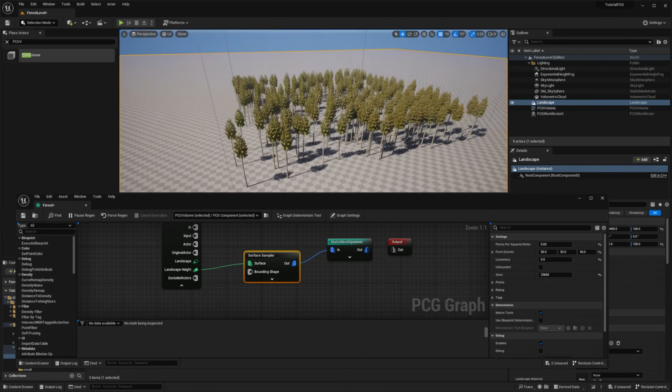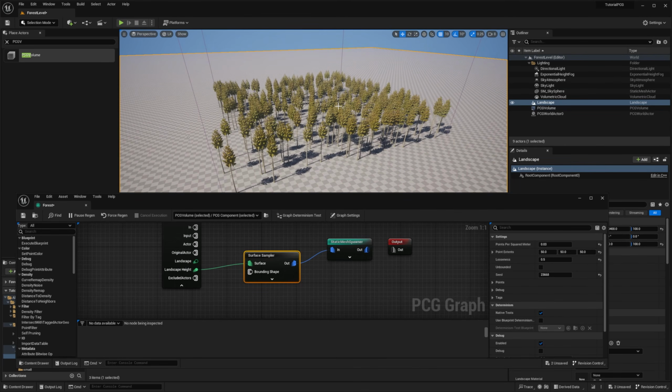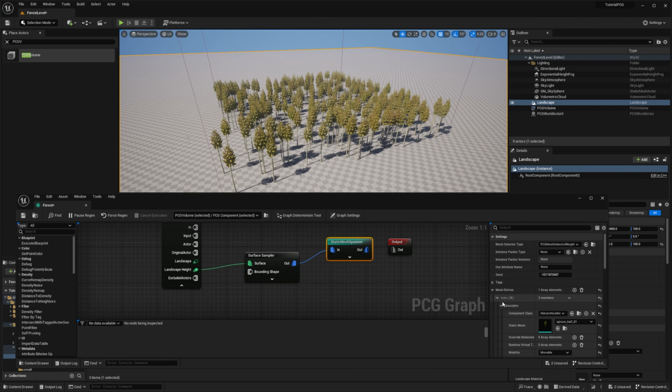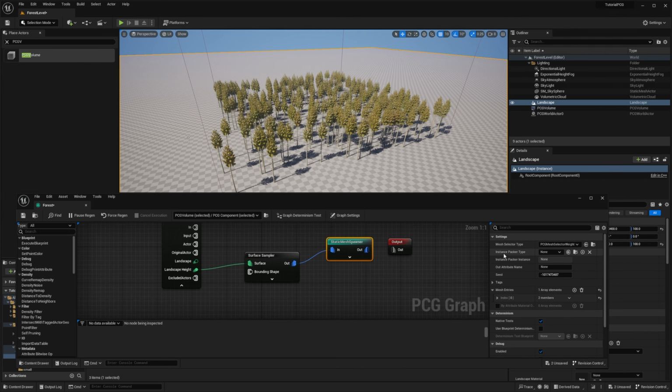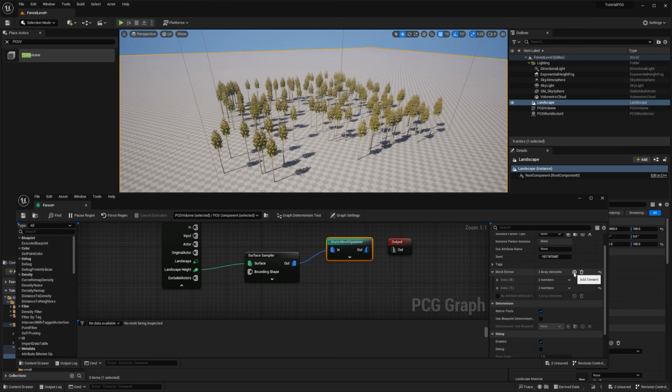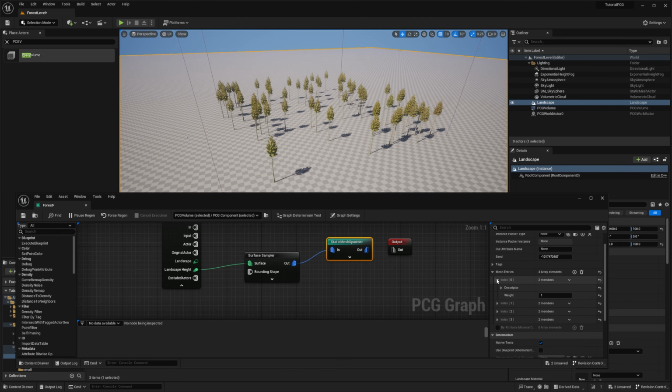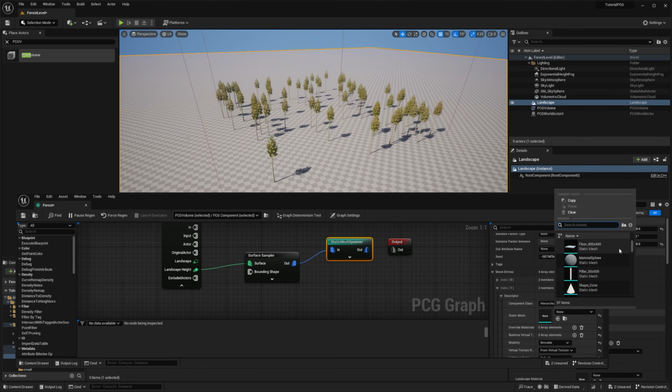All right. So we have one tree, which is not the greatest forest ever. So we'll add a bit more variety. What I will do is add new entries, and by default it will select based on the weight. In my case I have one weight everywhere, so it means that I have as many chances to take one mesh as the other.